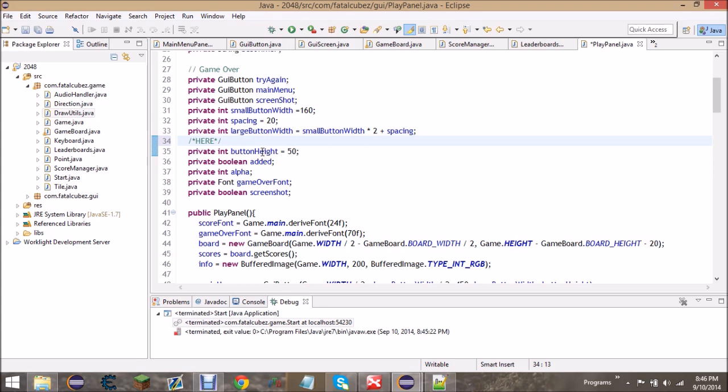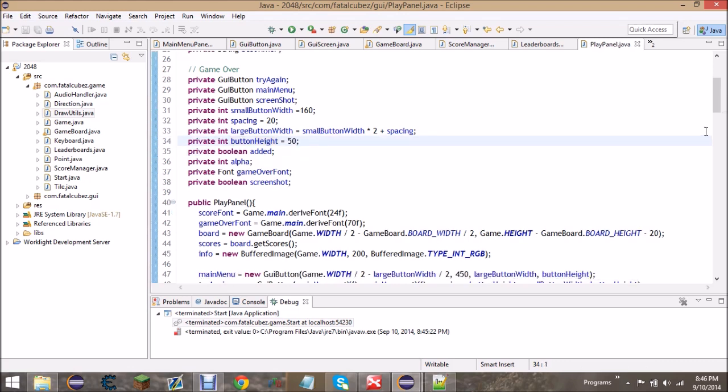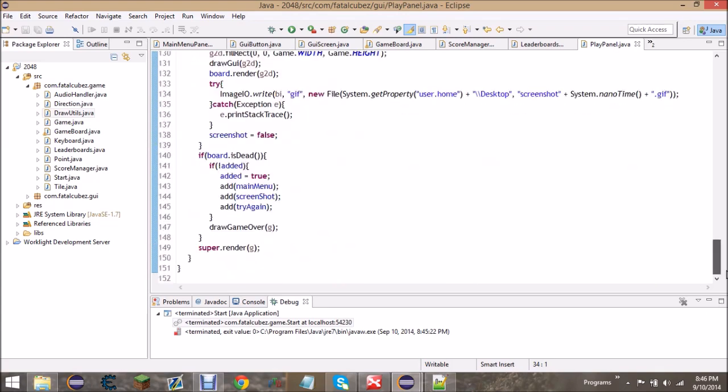First one is the button height was set to nothing. So the buttons on the game over screen, you couldn't click on them, they were essentially nothing. So just set that to 50. Alright, once the button height's set to 50, go all the way down